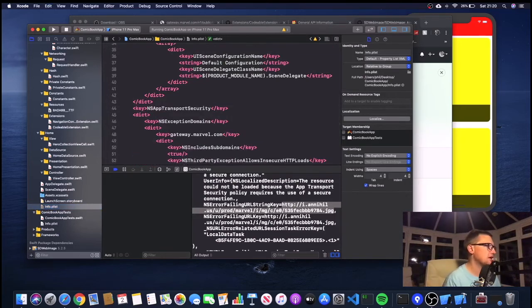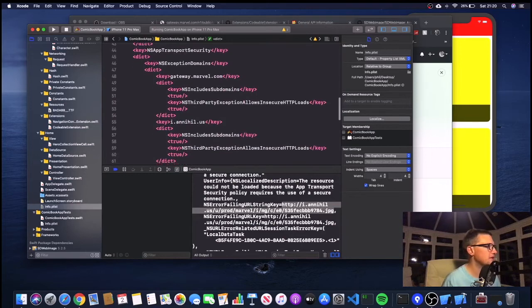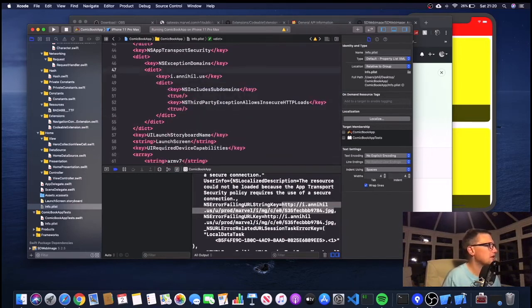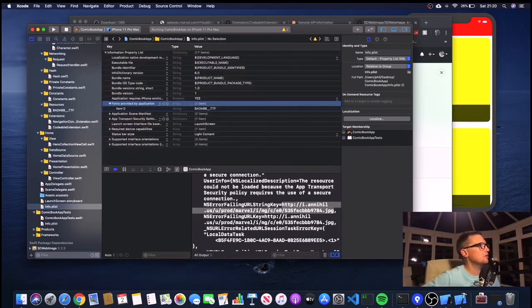But then if we go back, we probably need to remove that one because we're not using that. But then if we go back to our plist in a more user-friendly mode, like so,